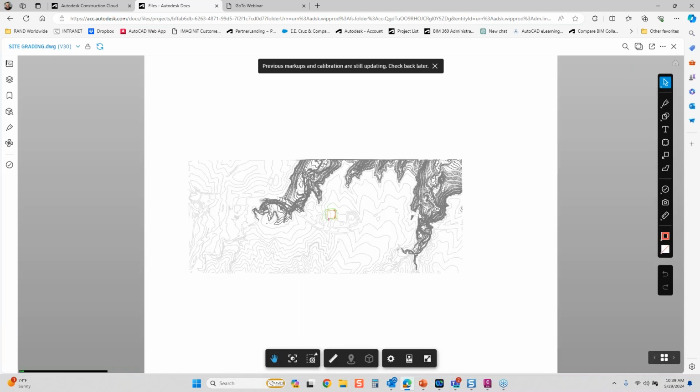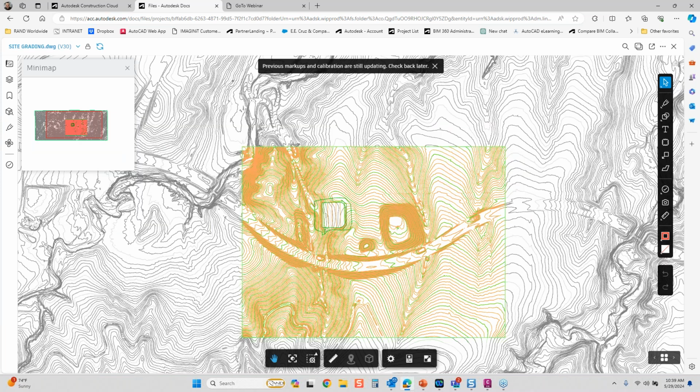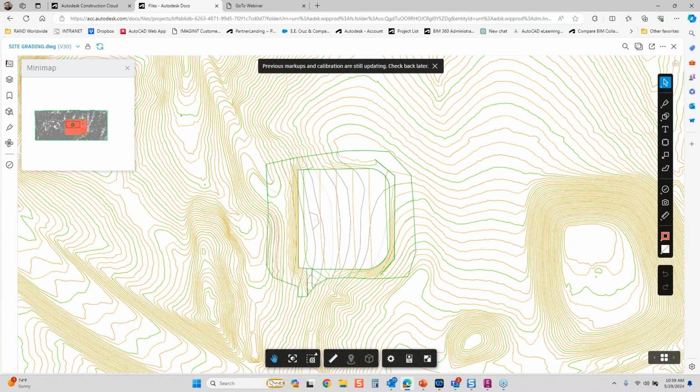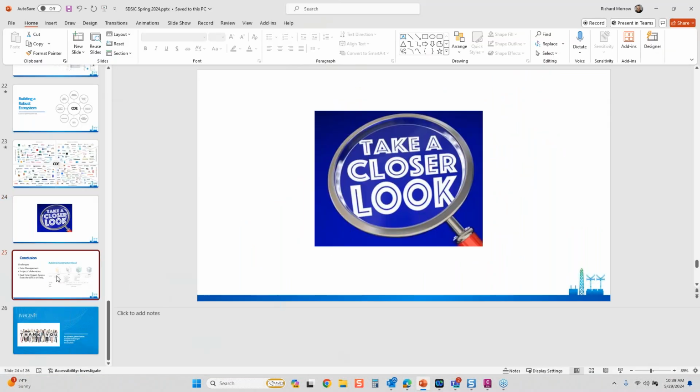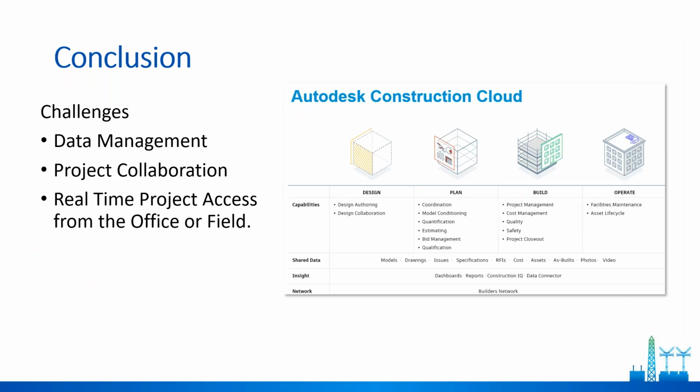I can come in here and view that site that we're working on. Now there it is that we just did on the fly, right? So pretty powerful stuff. It's a great way to go through here and be able to collaborate as a team in the cloud. So let me open this back up here. So in conclusion,